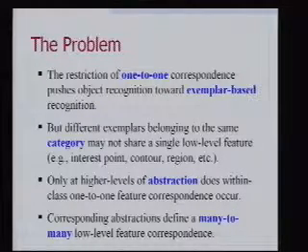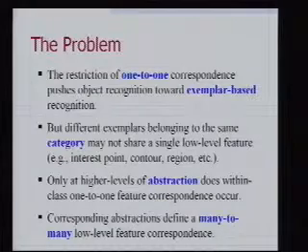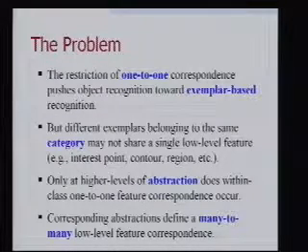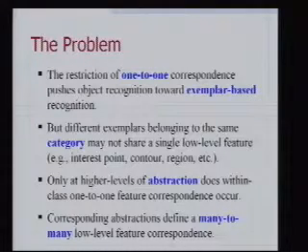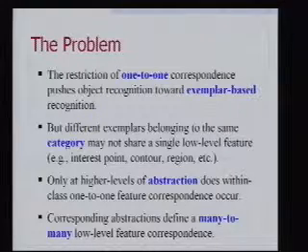For example, I can show you 2 chairs, one with 3 legs and one with 6 legs, and ultimately the correspondence among the larger scale abstract parts is 3 to 6 among the legs. And that's why you're starting to see a resurgence in shape grammars, for example, that allow you to parameterize the actual structure of the models. Corresponding abstractions, if you can lift the models higher, define implicitly many-to-many correspondences of local features. Okay, so let me give you 3 example domains which I'm going to cover in this talk.